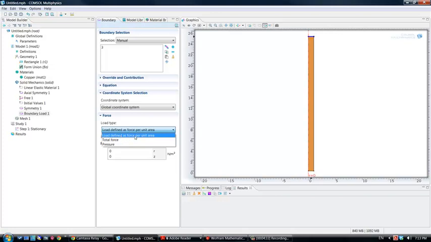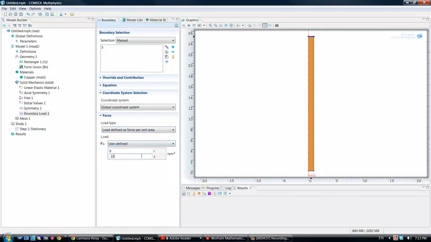Load defined as force per unit area allows you directional, so it can be either into it or at some different angle. Total force is in units of force, while pressure is always assumed to be inward. So since we're going to place this under tension, I'll leave it as load defined as force per unit area,